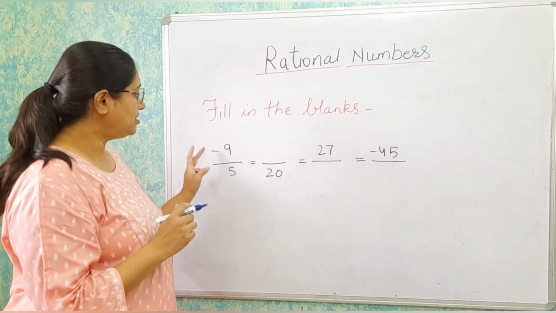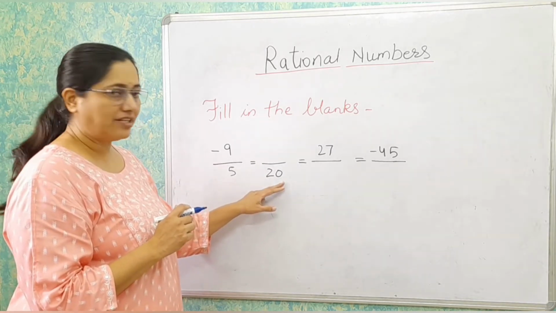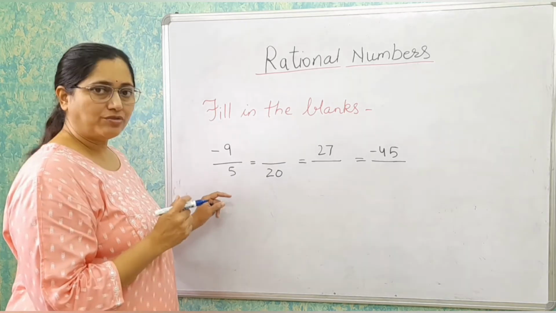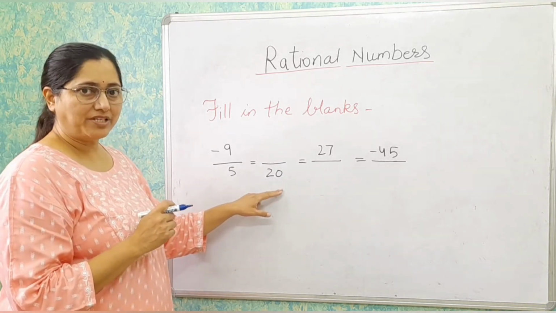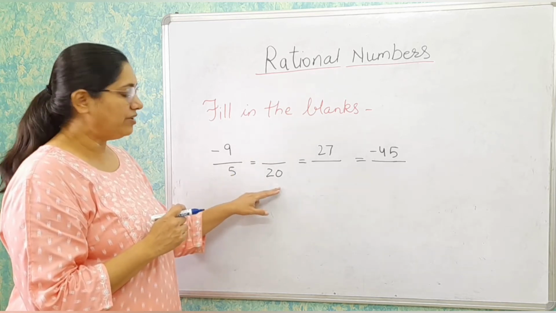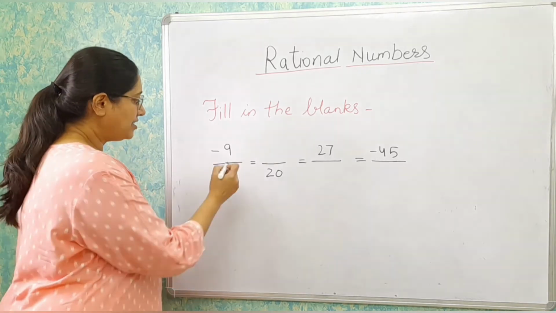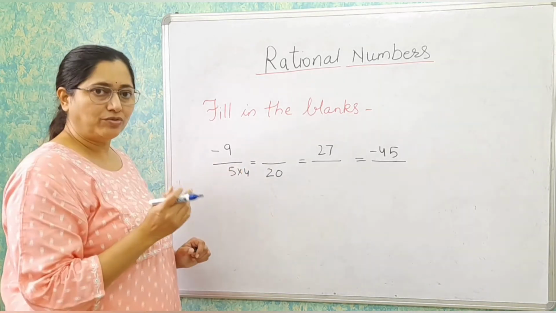First rational number is minus 9 upon 5 and in second rational number 20 is the denominator. It shows that 5 is converted into 20. The second number is bigger and you know that whenever we multiply 5 with 4 it will become 20. So we can say if I multiply 5 with 4 I will get 20, and you know the rule that